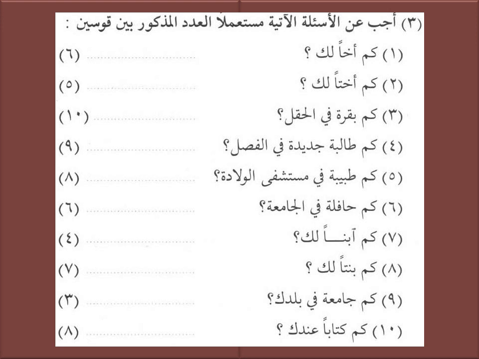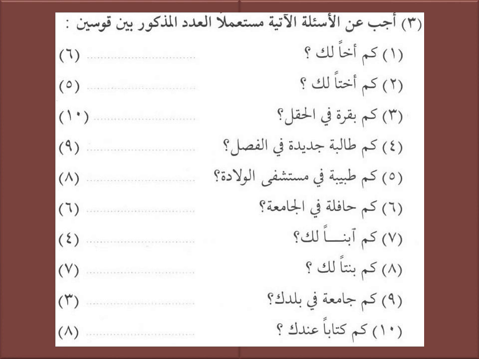Right, here we start with, it says أجب عن الأسئلة الآتية مستعملا العدد المذكور بين القوسين. Answer the following questions. Ajib means answer. Anil as'ila, following question. Anil as'ila, questions. And atiya means following. So answer the following questions. Musta'milan means by using. Al-adad al-madhkur, the mentioned number. Bain al-qawsain, in between the bracket. So together the meaning of the full sentence is, answer the following questions by using the number which has been